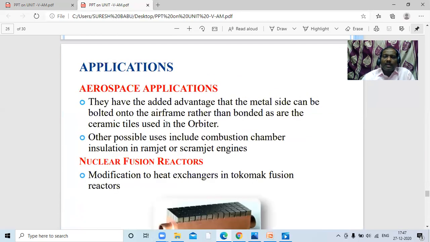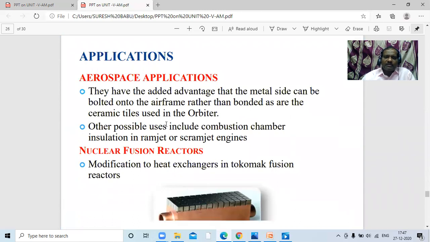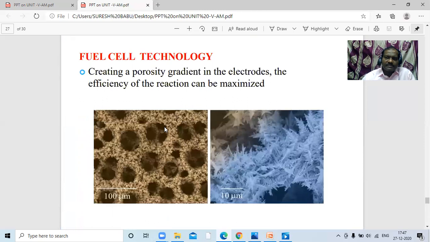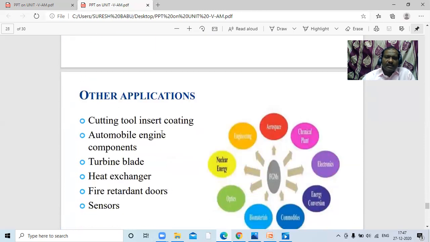And applications in aerospace, in nuclear fission reactors, in fuel cells, and other applications include automobiles, turbine blades, heat exchangers, fire retardant doors, sensors. Apart from this, general applications may be nuclear energy, engineering, aerospace, chemical plants, electronics, energy conversion, commodities, biomaterials, and optics.